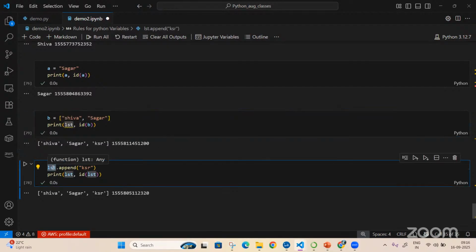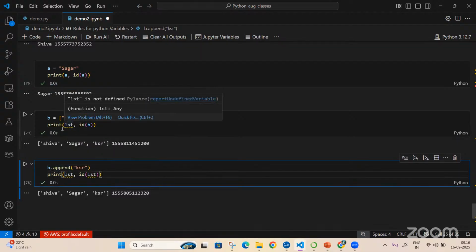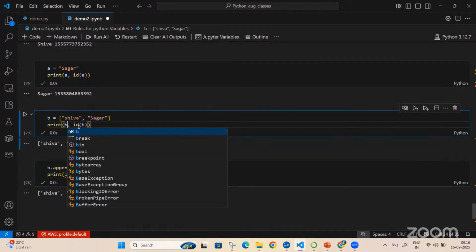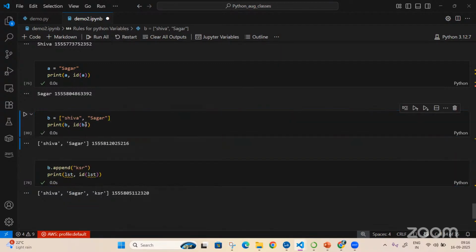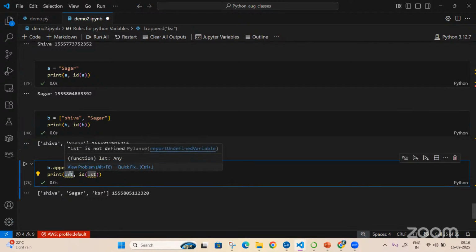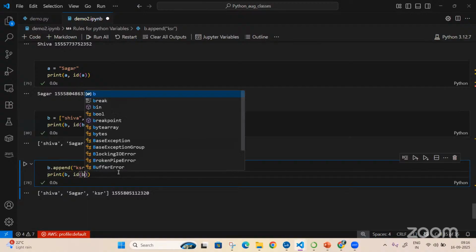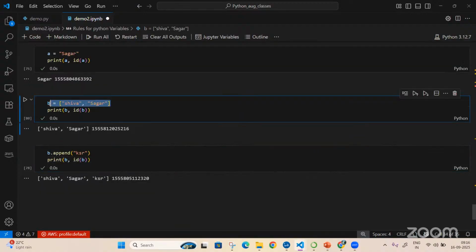Now, for the same B, append is nothing but adding one more value to this particular variable. I'm just modifying my current data, whatever is there.